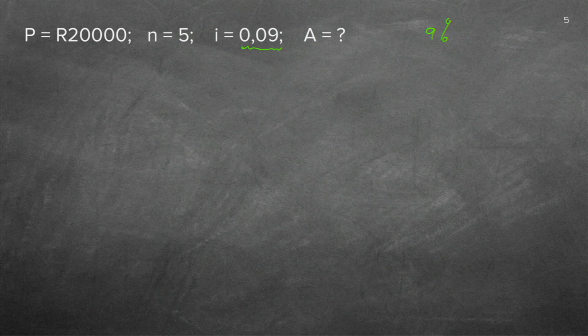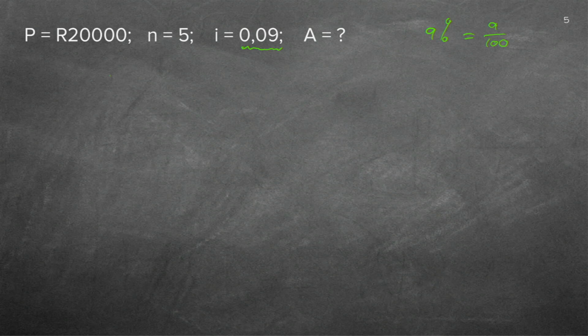But remember, percent is over 100. So let's write it there. 9 over 100. And because it's over 100, you need to move your comma 2 spaces if you write it in decimal format. So that is why there's always 2 spaces behind the comma. So it's hundredths. You all know where the hundredths are. Okay, now we've got all our information and we've got one formula. That's why I say it's as simple and as easy as that.